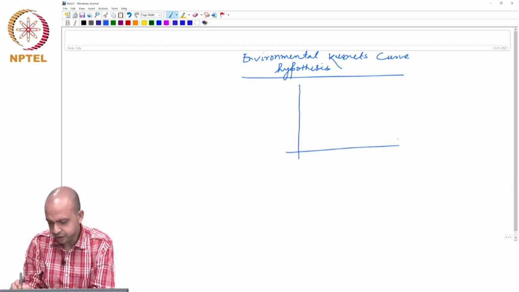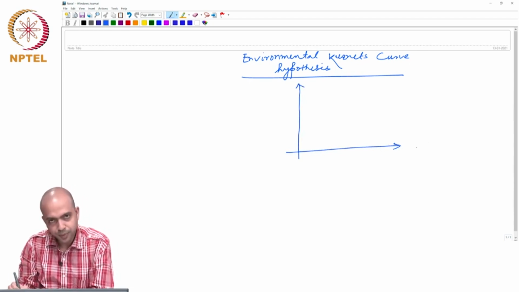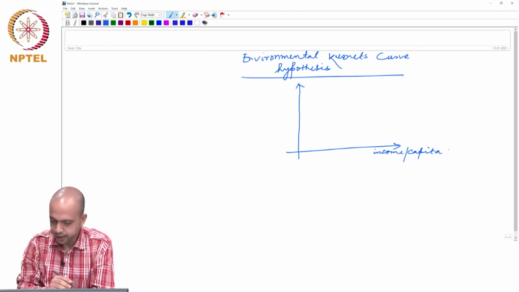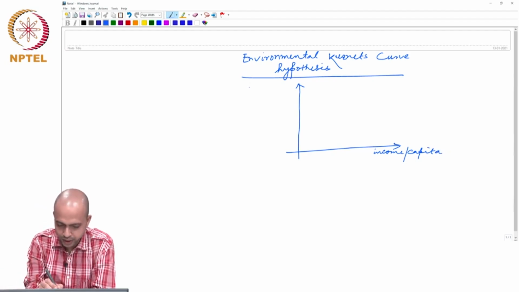Diagrammatically, if you plot income per capita on the x axis and, let us say, emission per capita on the y axis,